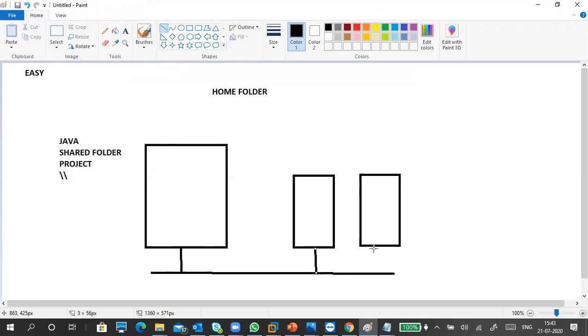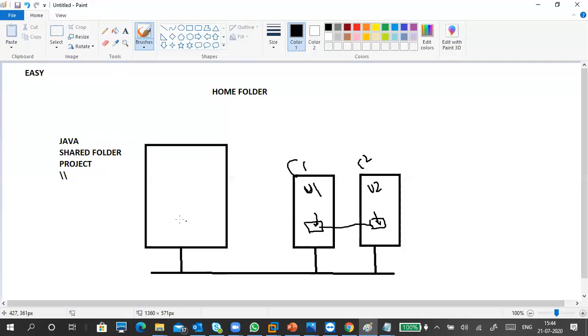Here, what happened? These are the two users logged in here. This is C1 and C2. Here user 1 is logged in and here user 2 is logged in. But they need a common shared folder in their home directory. Whenever they open this PC, they need a home directory like this. Whenever user 1 keeps data in the folder, user 2 can access that folder. These folders are synced with each other, so they can access it and keep data.